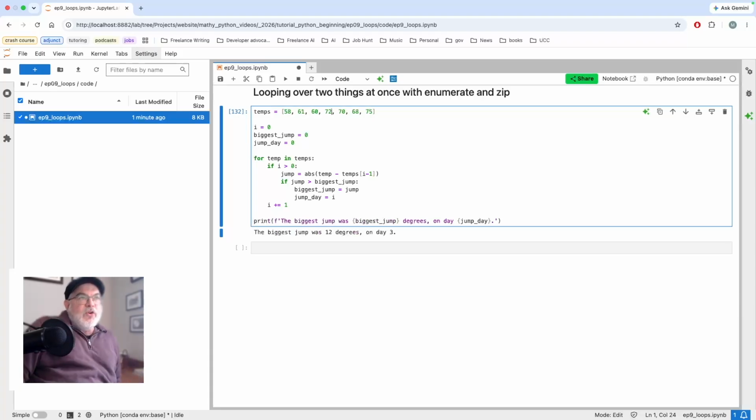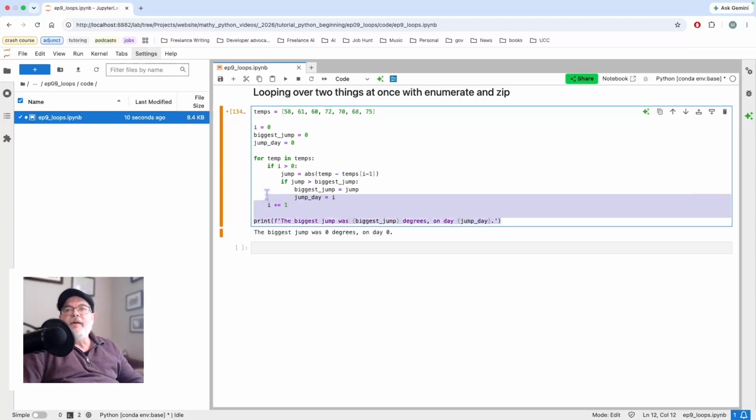We have to hand track i, just so we can look back one position to grab temps[i-1] right here. And we're wrapping the whole body in this if i is greater than 0, just to skip day 0, which has no prior day to compare against. So if you forget to increment the i, for instance, this is going to give you a bug. We could instead